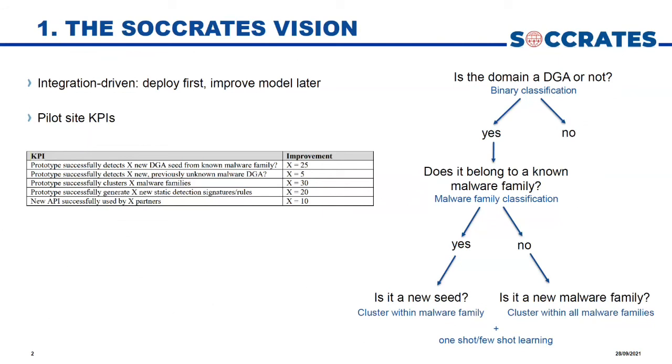But on top of all the tools that we've been doing, we're also looking at one-shot and few-shot learning. This is carried out by our partners at AIT. We're also active on this task in the project. And there we're trying to see whether with a few very good examples, we can find basically DGAs from some of the known malware families. So this is a bit the thinking behind the tools that we made.